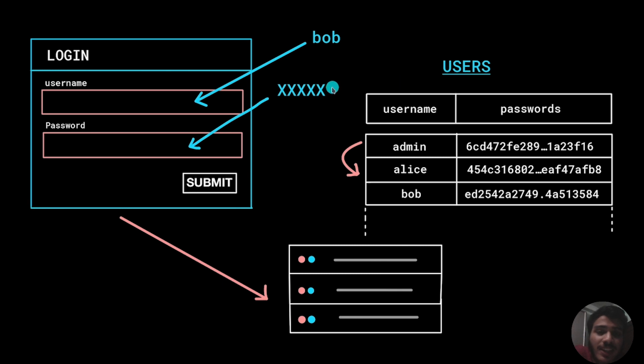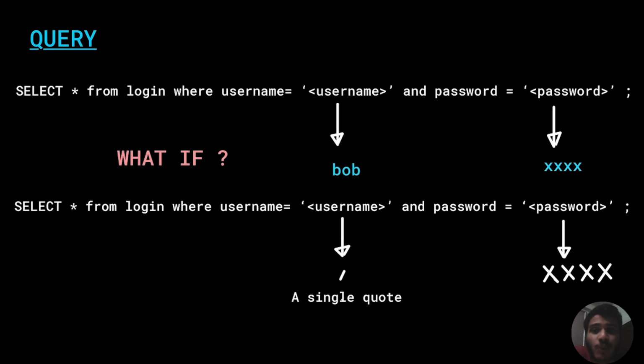Now the hacker can gain access without any authentication by bypassing it via SQL injection. So let us see how it happens. Before going into that, let us discuss what a query is. Now a query is basically an SQL command that helps to retrieve the data or helps to interact with the data that is present in the database.